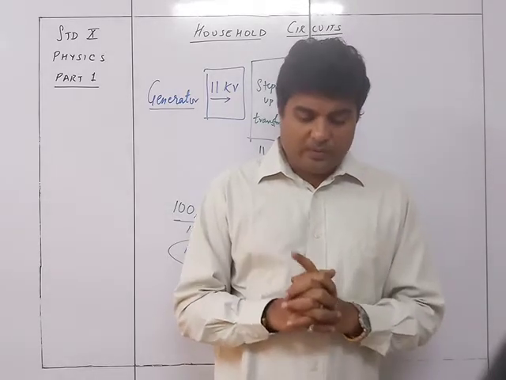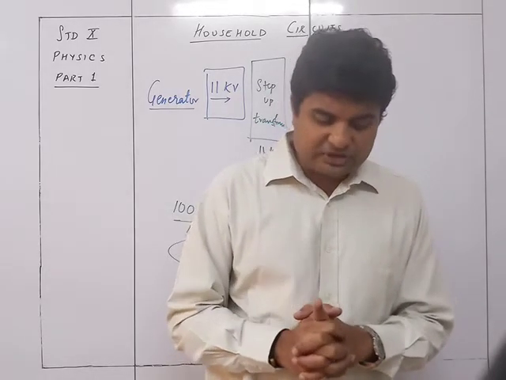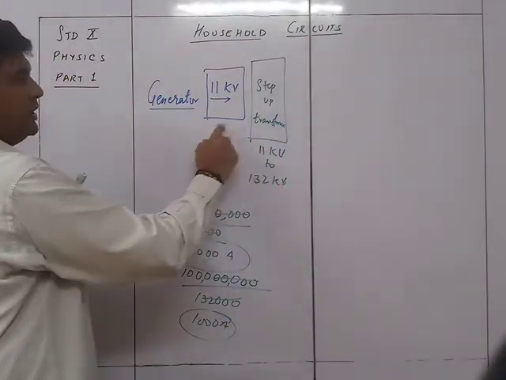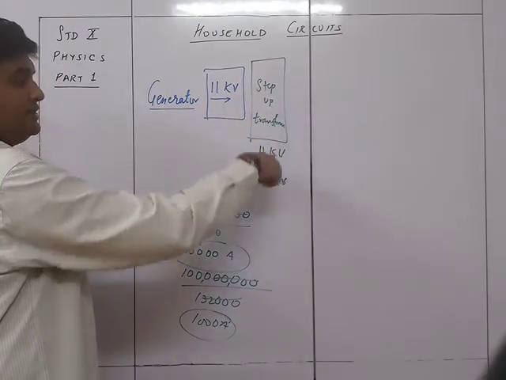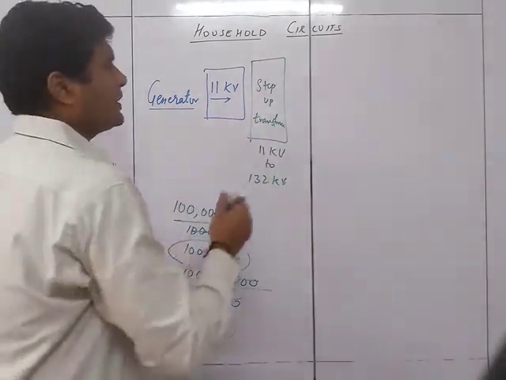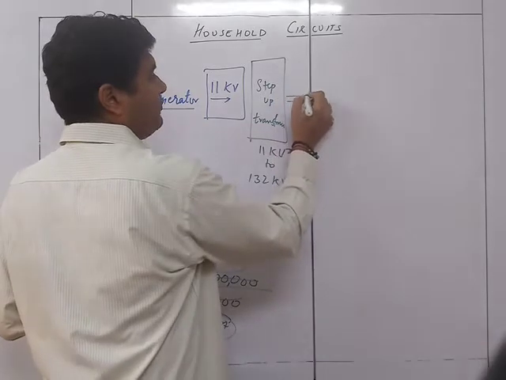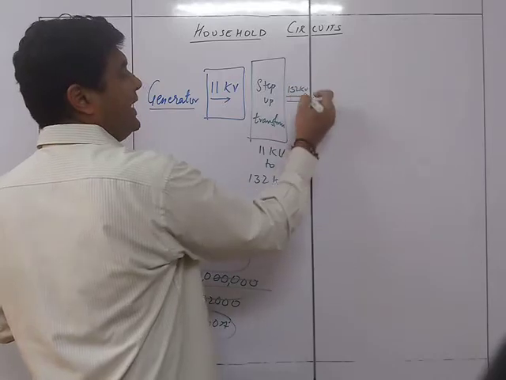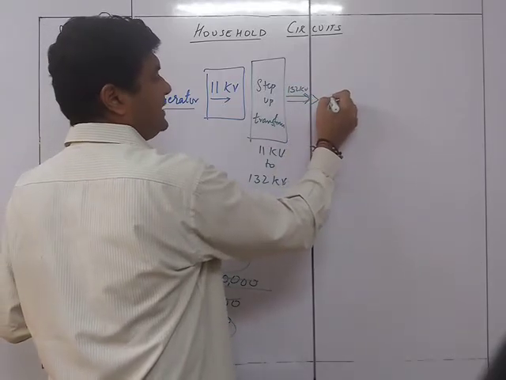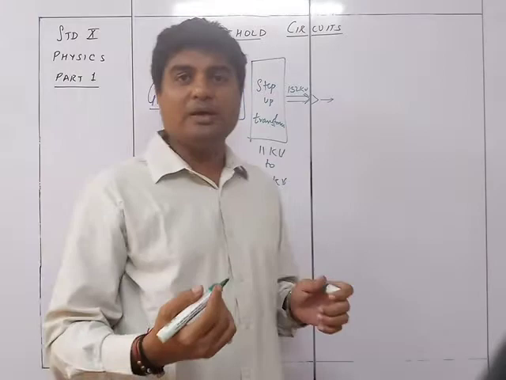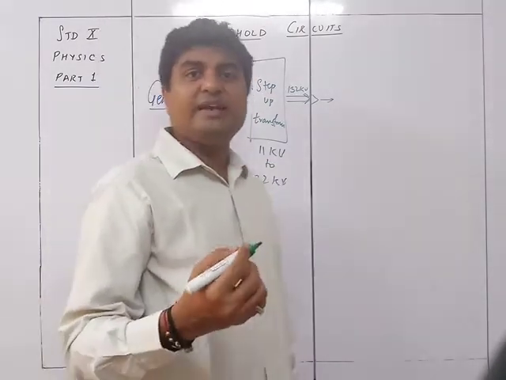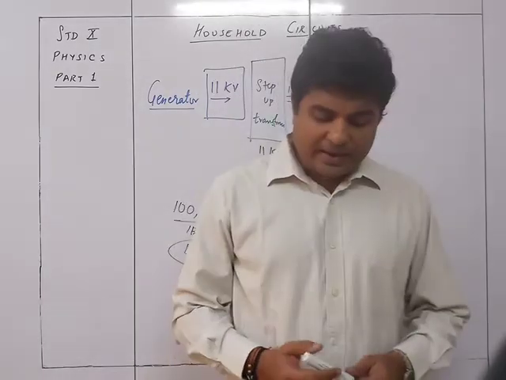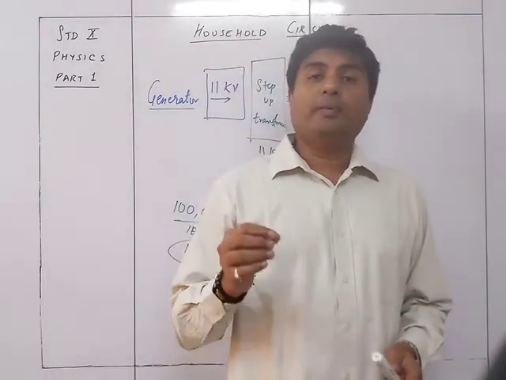So that's why we have a set of substation, a grid substation, just outside the generating station. This is the grid substation, which is going to convert the electricity from 11 kV into 132 kV, and this is given to the city area. Okay, it is being transported. So as soon as it reaches the city area, we will always find on the outskirts of the city area are the heavy industries.